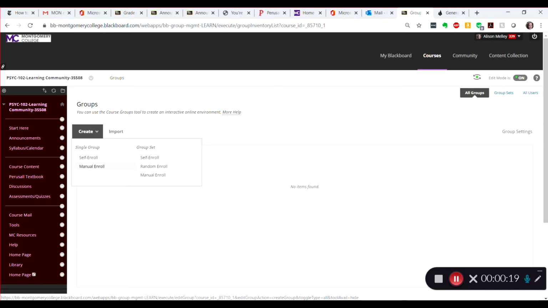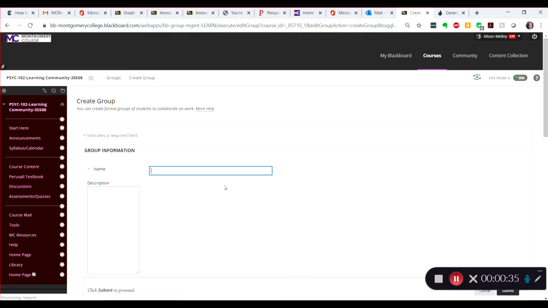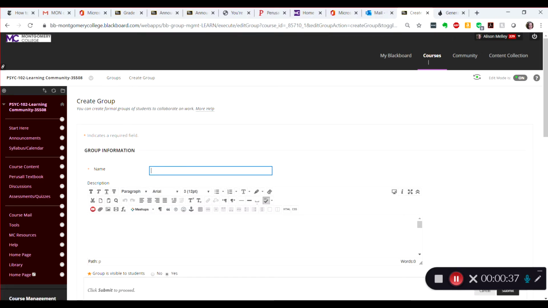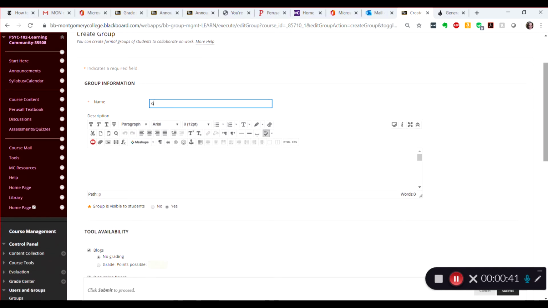I usually do the random enroll because I have large classes, but you can also do a manual enroll. Any of these you're going to be able to switch later. So you could just choose, let's say you want to decide how the groups are going to be split up yourself, so click manual enroll. Self-enroll means the students can enroll into the groups themselves. So let's just call this group,